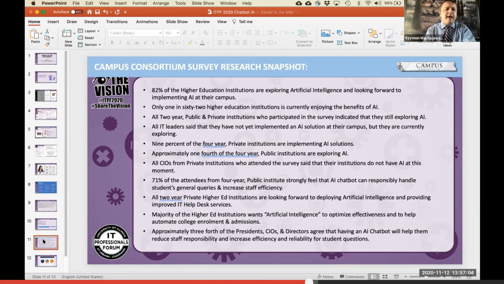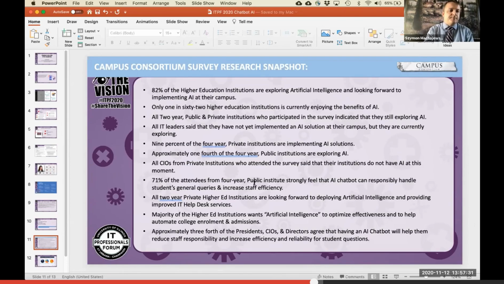And a few pieces of data are connected to research done by Campus Consortium, which Unified is part of. That's how a number of universities are able to work on some of these projects. But basically, AI and chatbots are on a top 10 list for executives as well as administrators